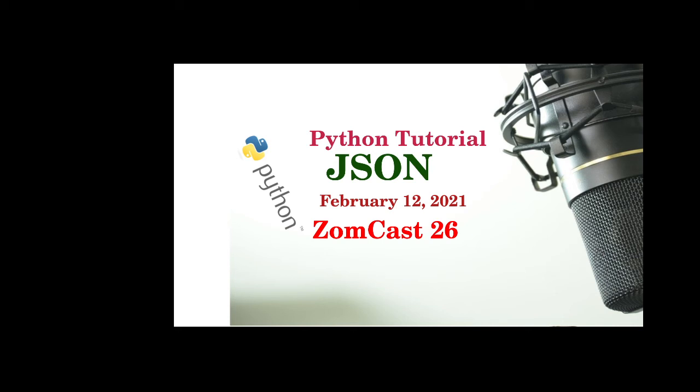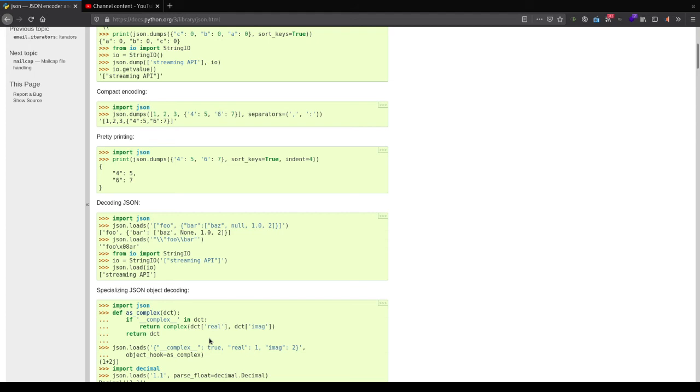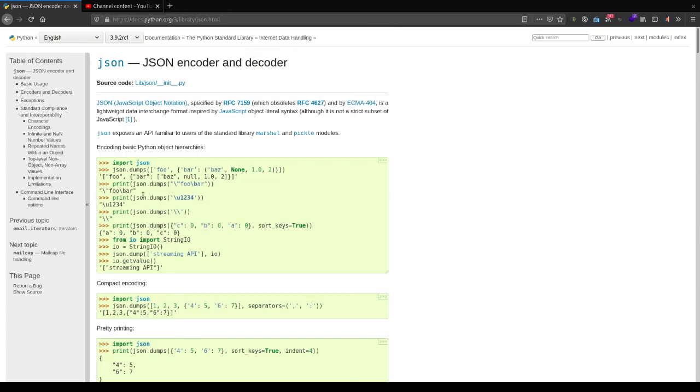First of all, I'm going to show you the Python website. Here we will start with the documentation and I will show you some of the examples that are available there. As you can see, here we have the import of the module first. Whenever you want to use a module, first you have to import it into your code. In this example it imports the json module, and after that it says